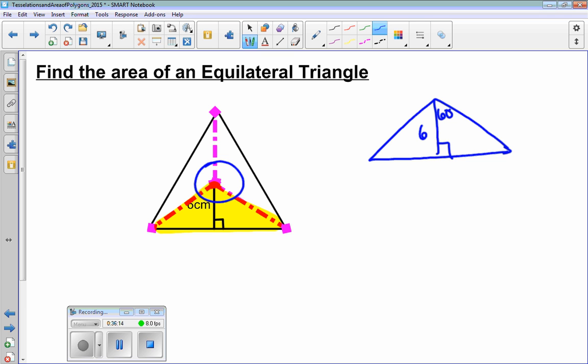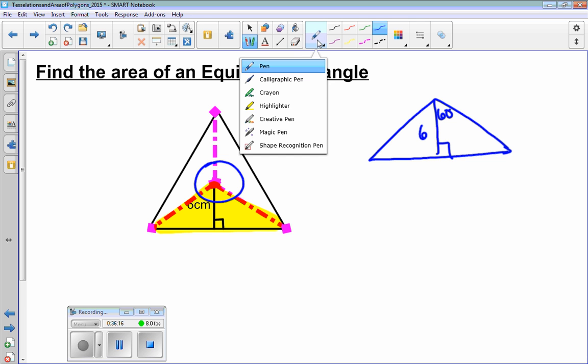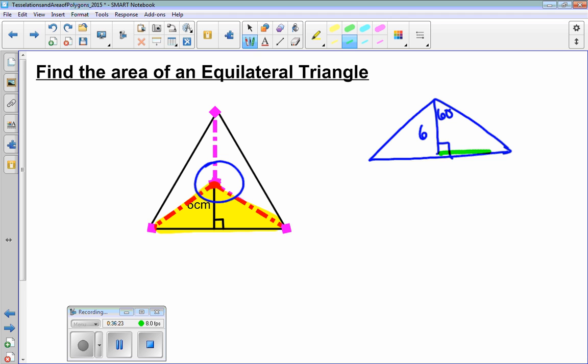Okay. So now I'm just going to look at this 1/2 base times height. I have the height of this triangle, but don't I need the base? Don't I need this guy down here? Right? So I'm given the 30. I'm given the short side. How do I find the long side? It's the short side times radical 3. Well, I want the whole thing, because I have 3 of these guys. So I have 3